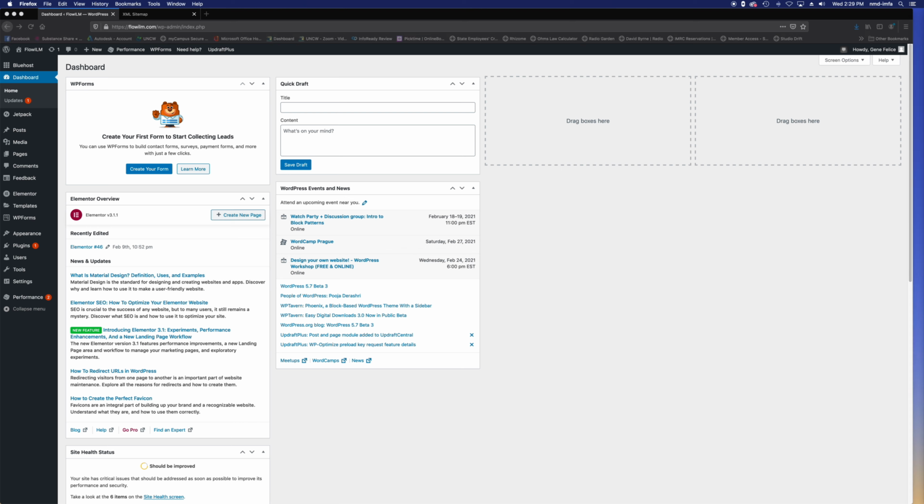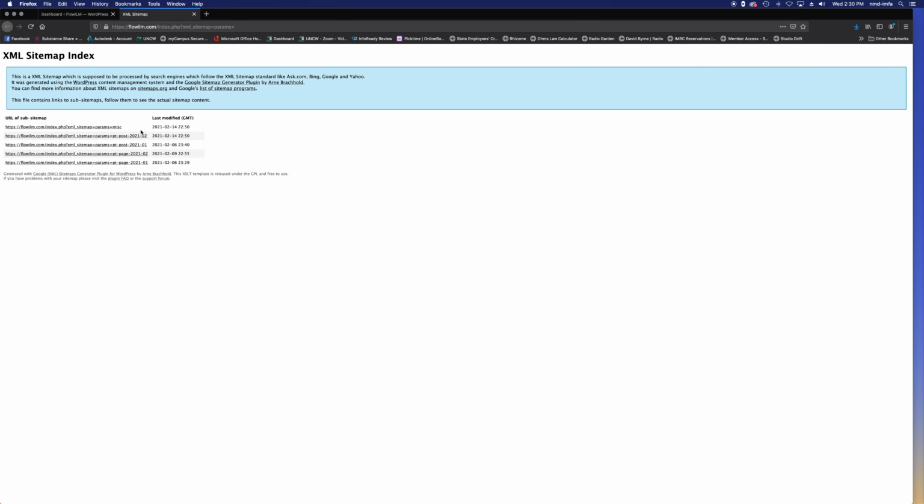So basically this is an XML file, a simple kind of text-based code format that's going to allow search engines like Google to discover, update, and index all the content on your website. It's a very simple file, and this is what it looks like. I have it installed here on my test site, FlowILM, and it basically shows all this. There's not a lot in this website yet, so obviously there's not a lot to show here yet, but it